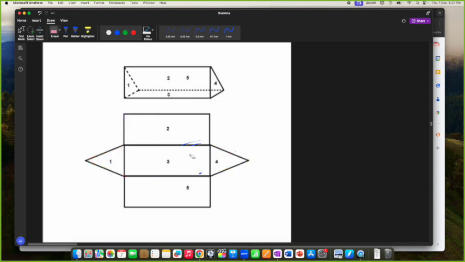So surface area is about seeing the box and breaking it up into the net of the box and finding the areas of all of the different shapes. And so you could see how you have to know all of your area formulas. You had to know your area of a triangle. You had to know your area of a